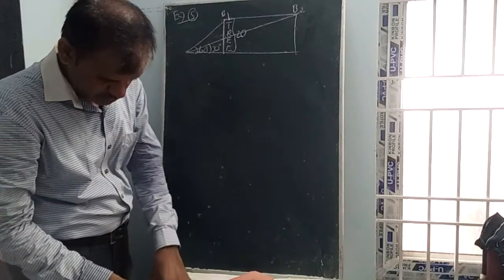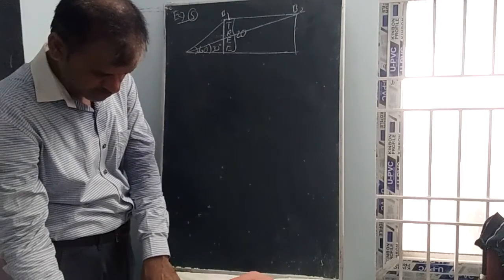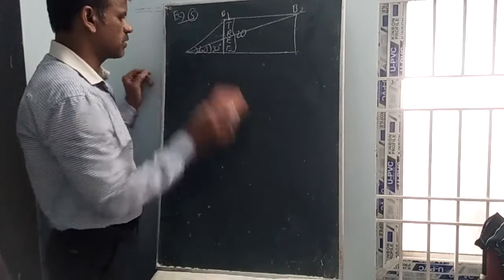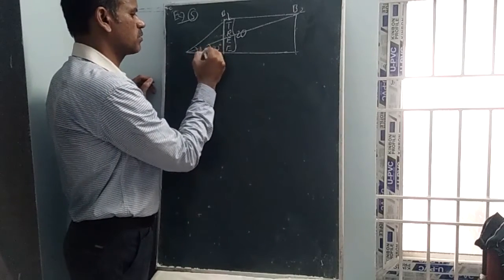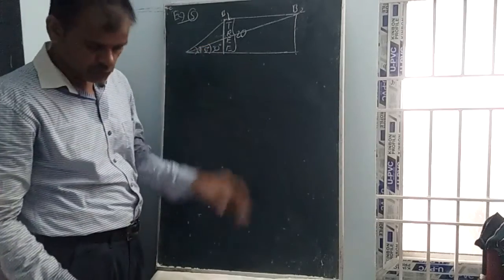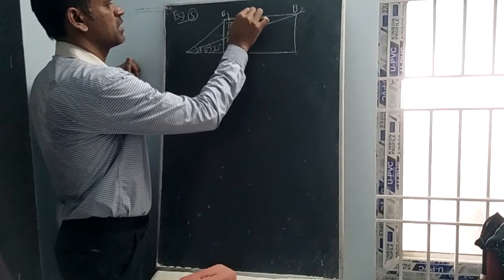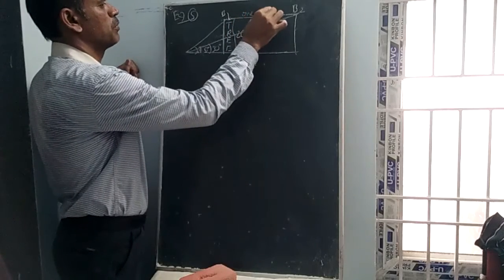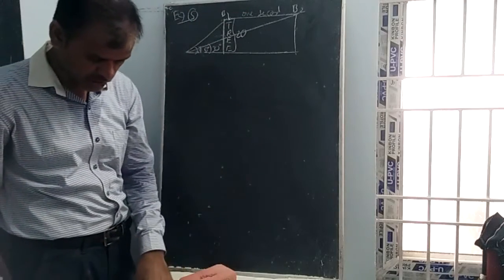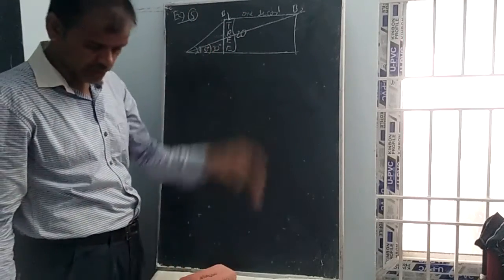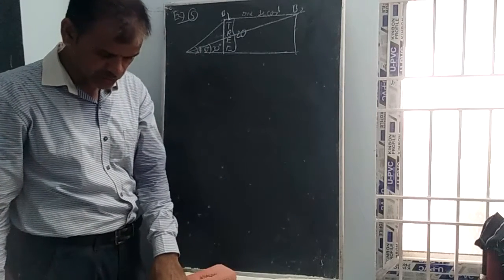Not 60, 45. A bird is perched at the top of a tree 20 meters high. Its elevation from a point on the ground is 45. After it moves, the angle is reduced to 30 degrees. In 1 second, the bird flies away horizontally, opposite to the x-axis, straight away from the observer, and in 1 second the elevation of the bird reduces to 30.